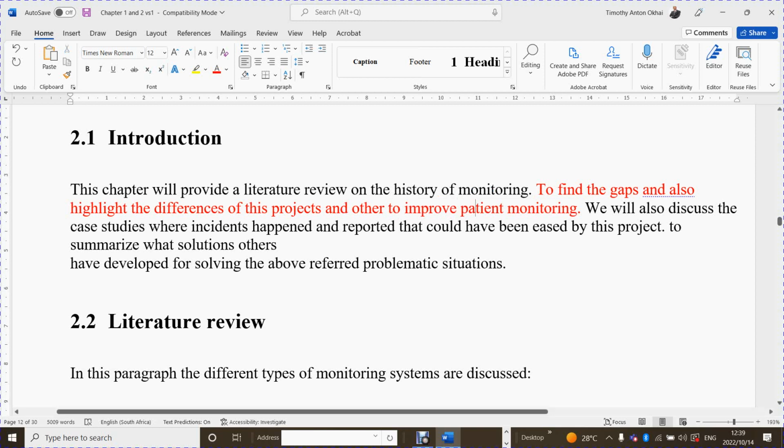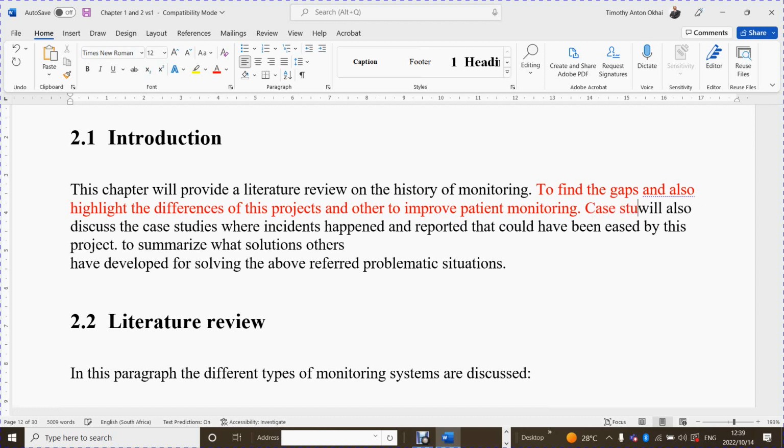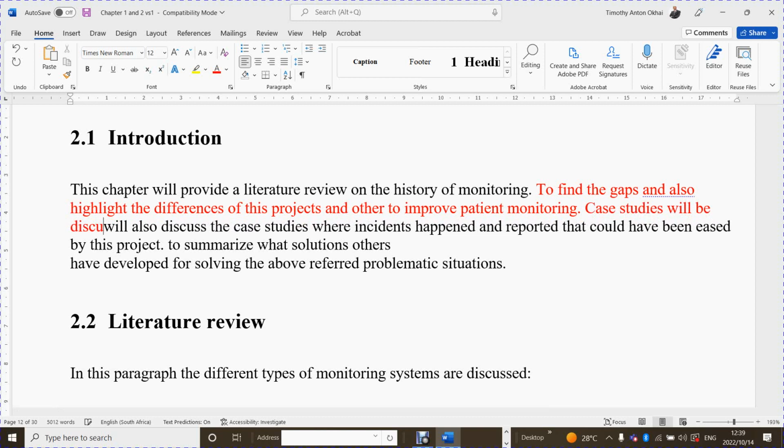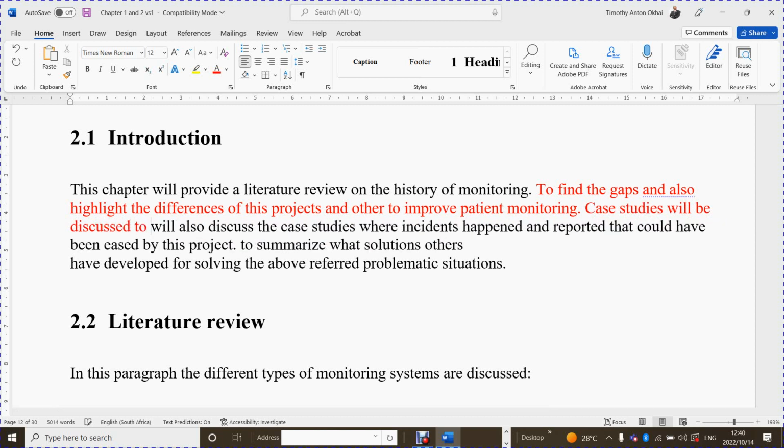And then here you say, we will also discuss the case studies where incidents happened. Okay, so you avoid using "we." You just say case studies will be discussed to